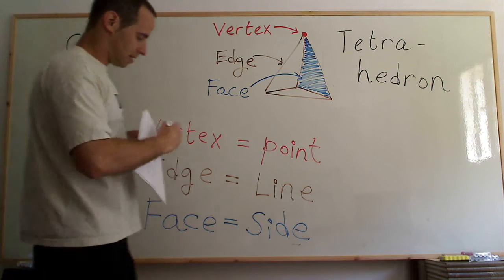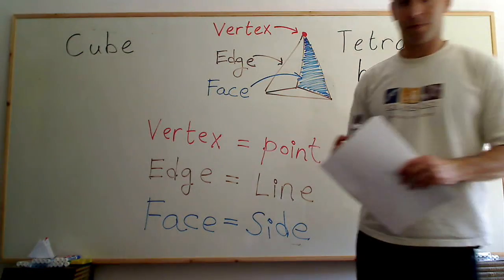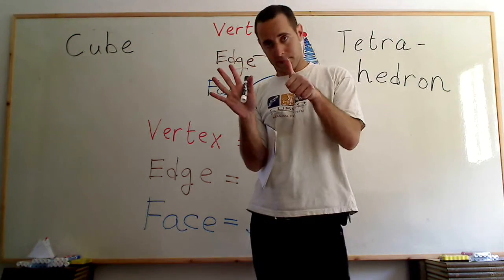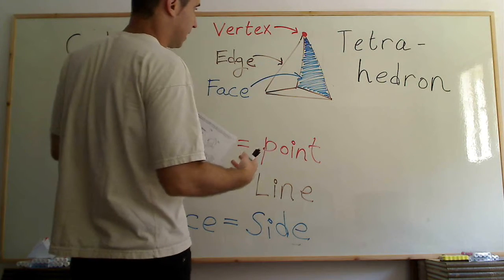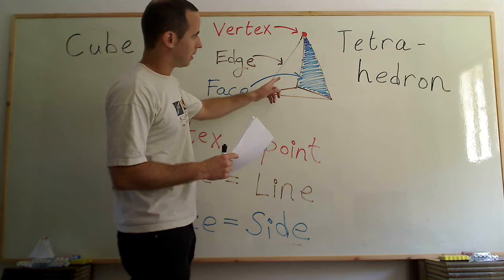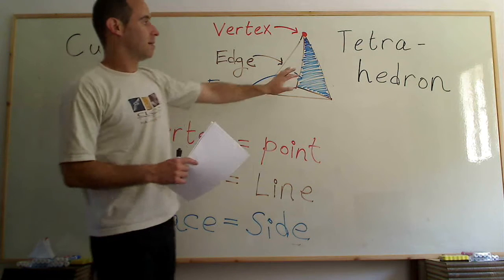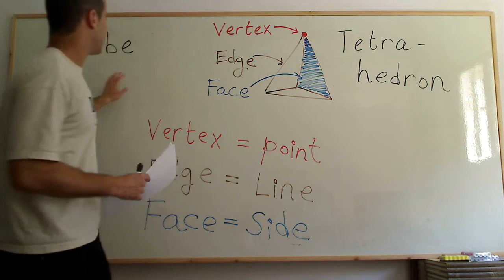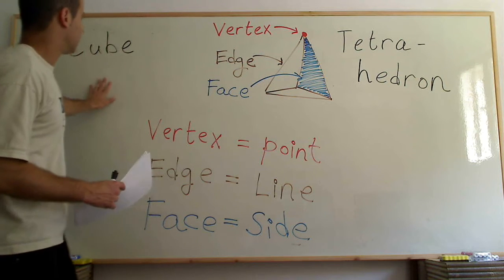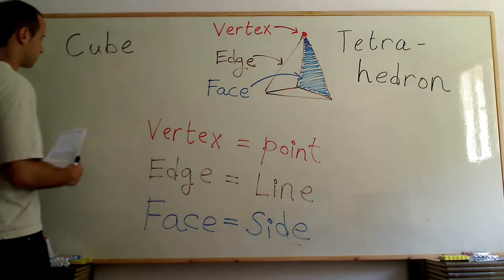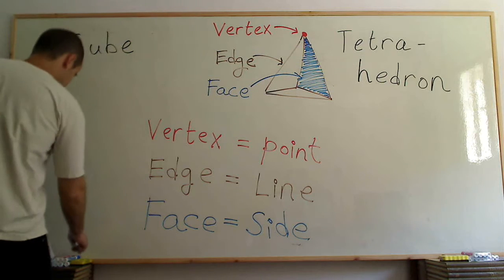If someone is interested, the ancient Greeks called the cube hexahedron. Hexa means 6. So tetra means, I guess, well, I don't know if it's 3 or 4, so I won't say, I don't want to make mistakes, but hexa positively means 6, and they called a cube hexahedron. Okay, so if we have a cube,